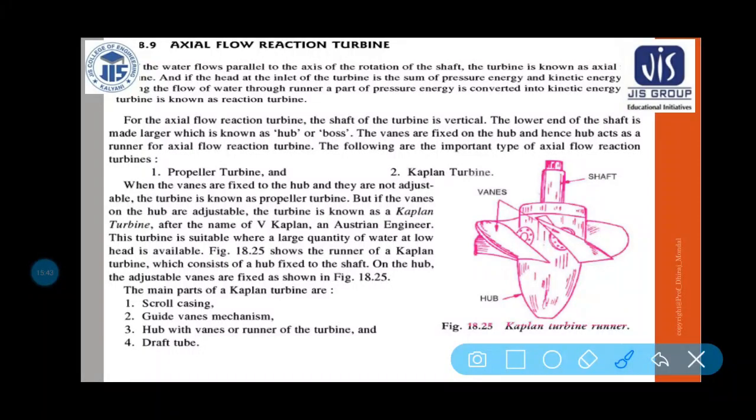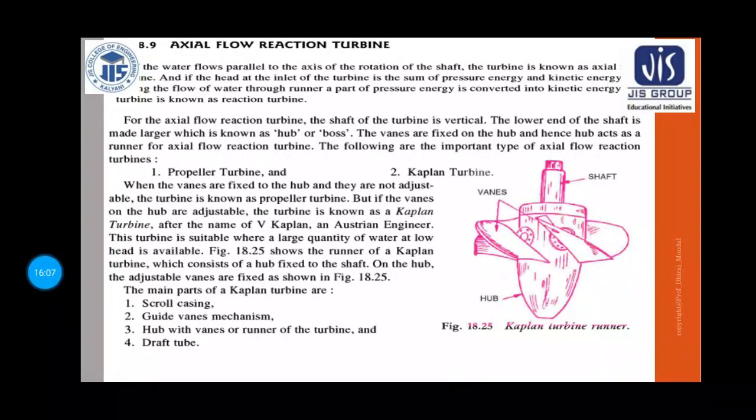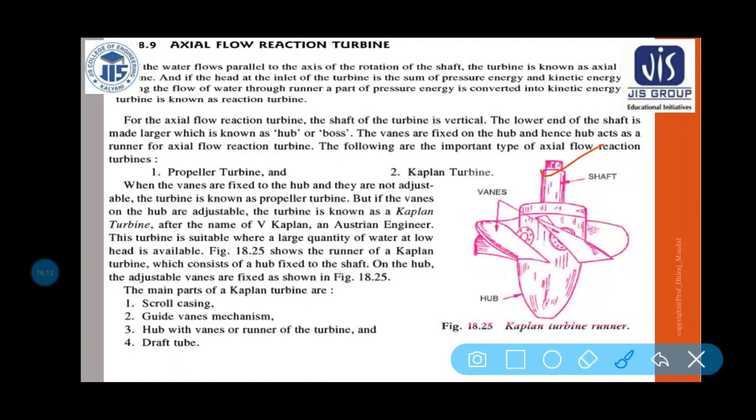That means when the vane is adjustable, the turbine is known as a Kaplan turbine. You may change the vane angle, as it is not fixed. But in case of propeller turbine, it is totally ready-made or fixed, already manufactured. In case of Kaplan turbine, we can adjust it for our desired work or for our comfort. We can check it and change it.